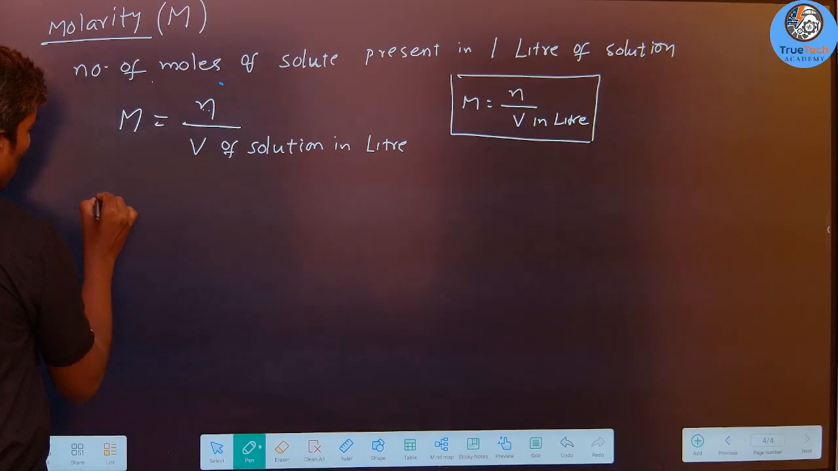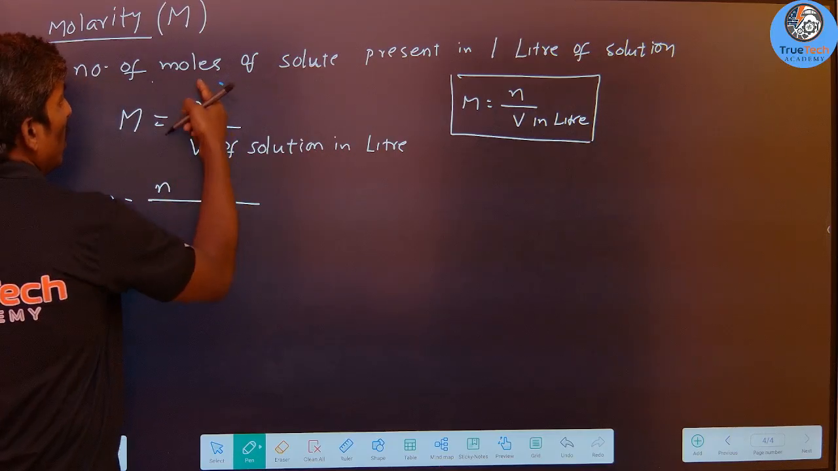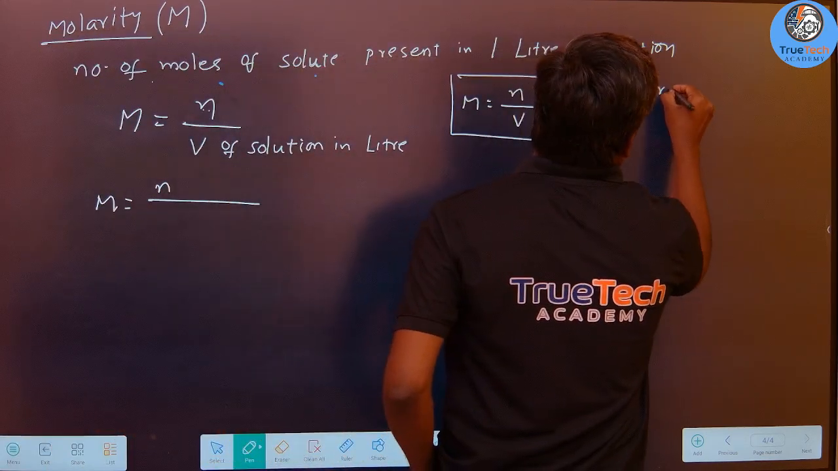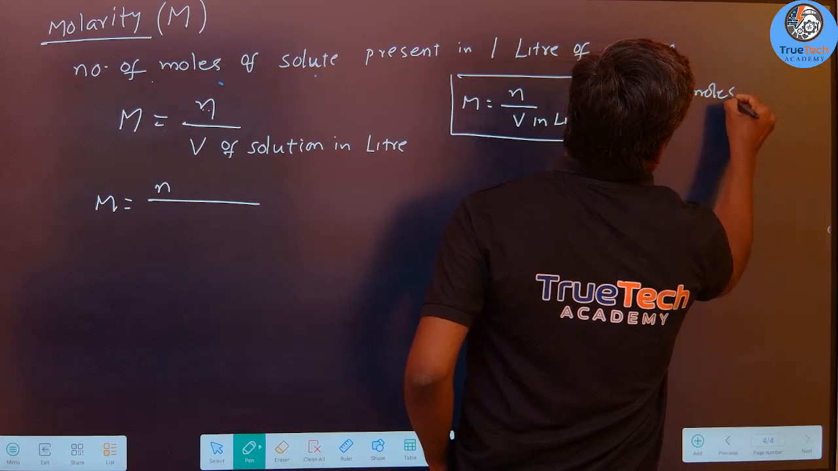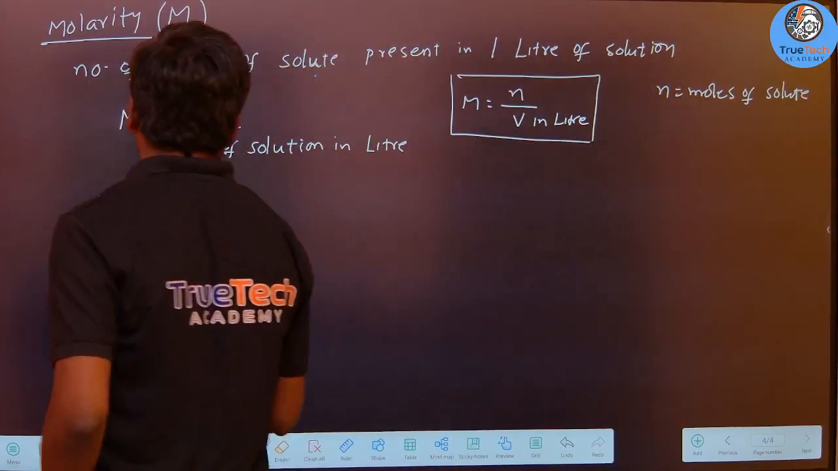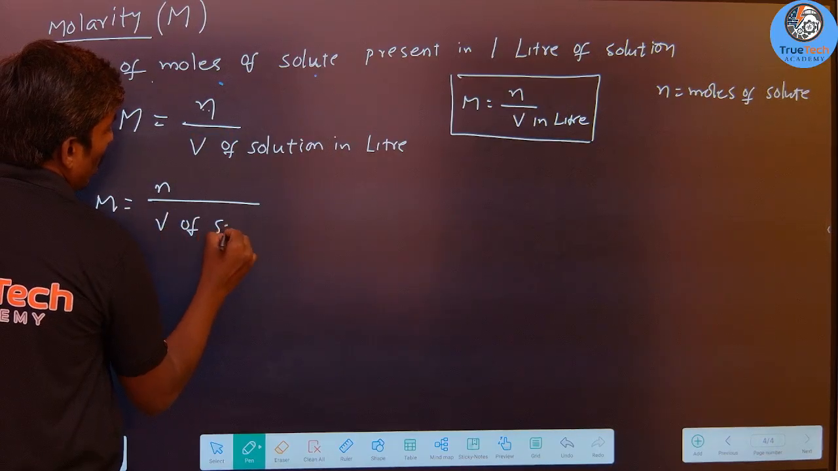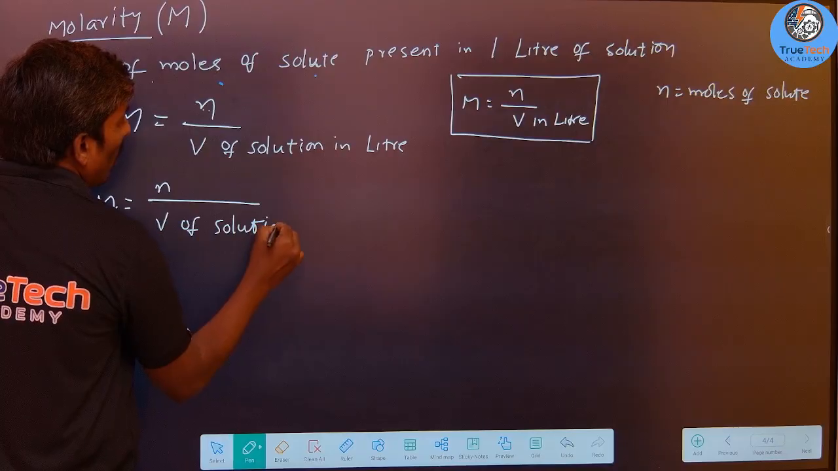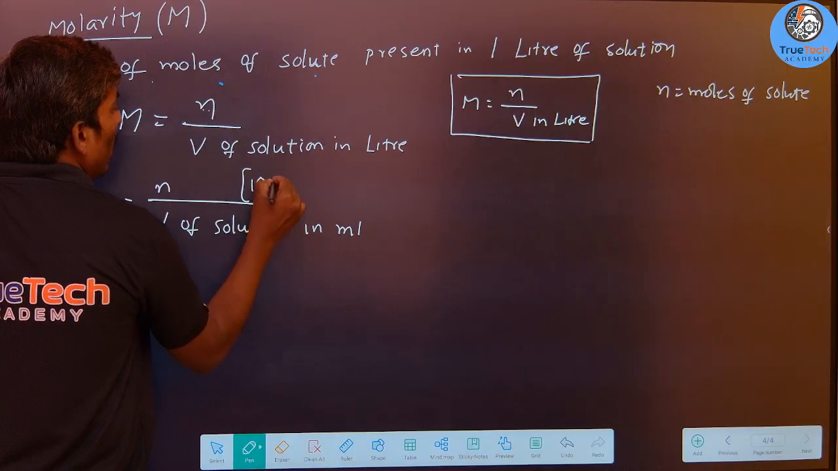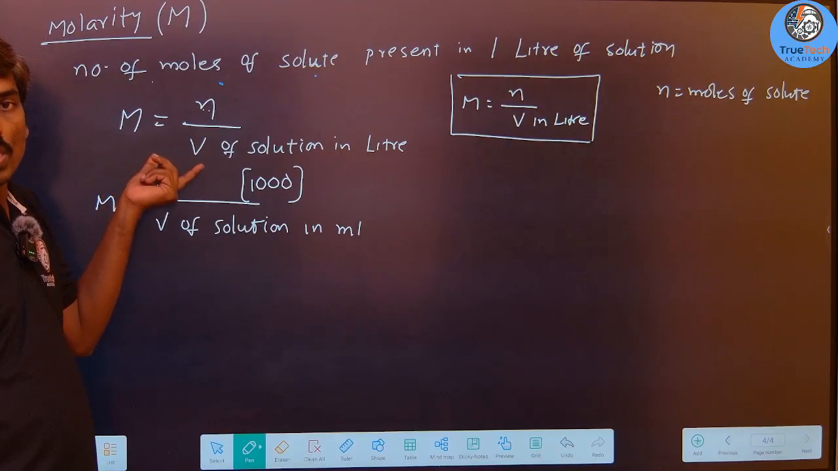The other formula is M equals N, where N is moles of solute. Here the topic is M equals N by volume of solution, where V indicates volume of solution in ml. So here it is multiplied by a simple 1000. So these are the two formulas we are going to use